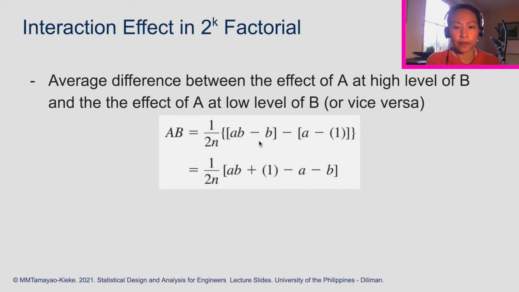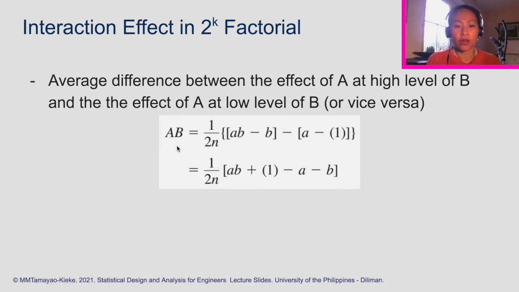Okay, so this one is the difference between the total observations at both high levels of A and B, and then low level of A. Okay, this one is the difference between observations at high level of A and low level of A and B. Okay, so we get the difference of that and get the average to obtain the expression for the interaction